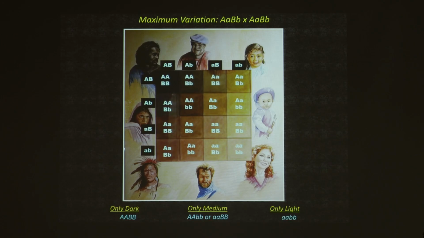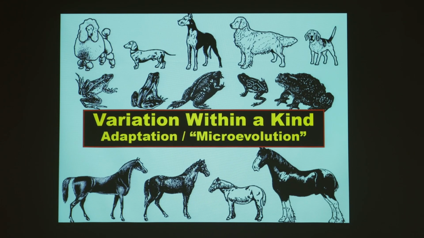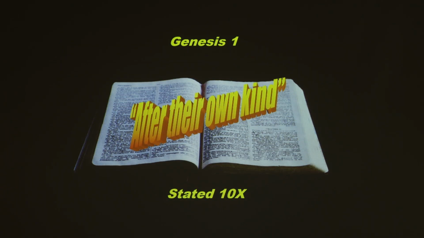We also see variation within mankind, don't we? There's variation within our genetic makeup that allows there to be different kinds of features, but it's not that mankind is changing into something else. There are also limits to how much change can exist within the human race. What we observe, what we can experiment with, we see variation within a kind of creature. Yes, creatures that can adapt to their environment, but those adaptations, those microevolutions, small changes, we don't see that leading to a new kind of creature, which shouldn't be surprising if you're familiar with Genesis chapter 1, where God says that He created animals to reproduce after their own kind.